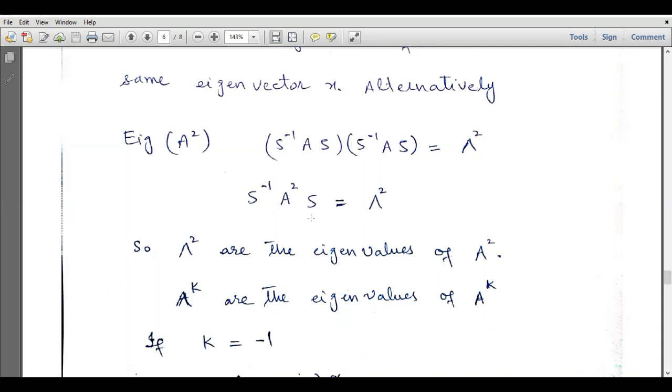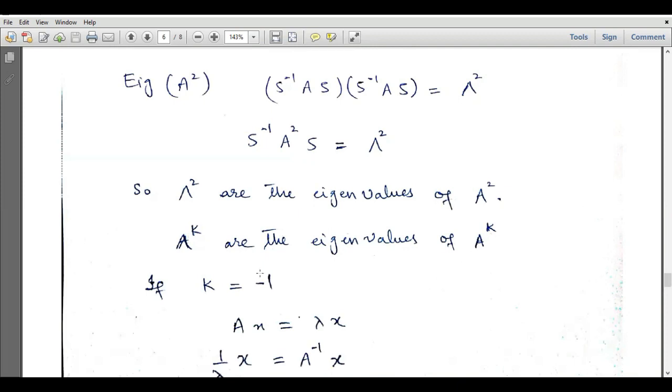So again, we know that if we have the square of this original matrix A, the eigenvalues will also be squared, but the eigenvectors are the same. So the eigenvector matrix is still equal to S. There is no S square or any power of S which has been changed. So lambda square are the eigenvalues of A square, and lambda raised to power k are the eigenvalues of A raised to power k. Even if this k is equal to